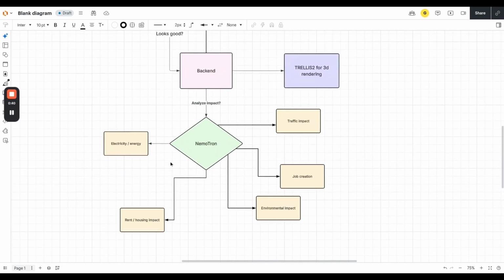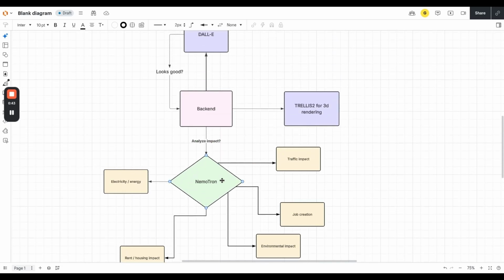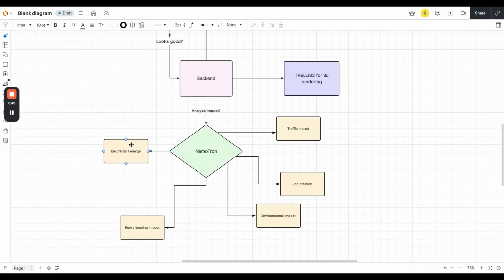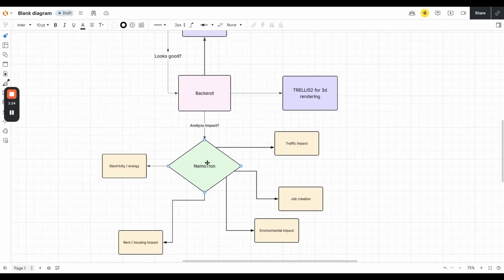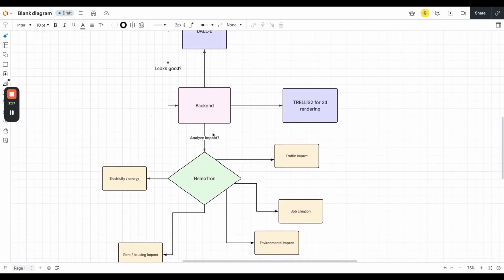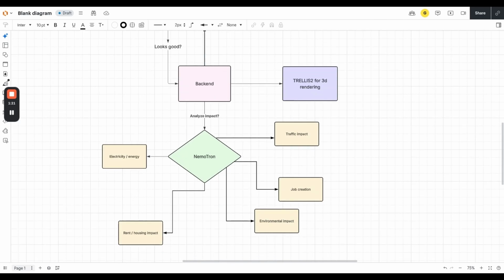And then we pass in a couple parameters into our NeMoTron model. Well, actually, we pass it into the various different models that it's connected to that analyze things like electricity impact or housing impact, or maybe the impact that a building of this scale would have on traffic, the jobs it would create, the environmental impact. Those are the main ones, but the implications that it has take from a variety of different open source data across the city. And then from here, we return a traffic score or an impact score, which is from 0 to 10. And yeah, this is how users can get a sort of picture of what the building will A, look like, and B, due to their area,